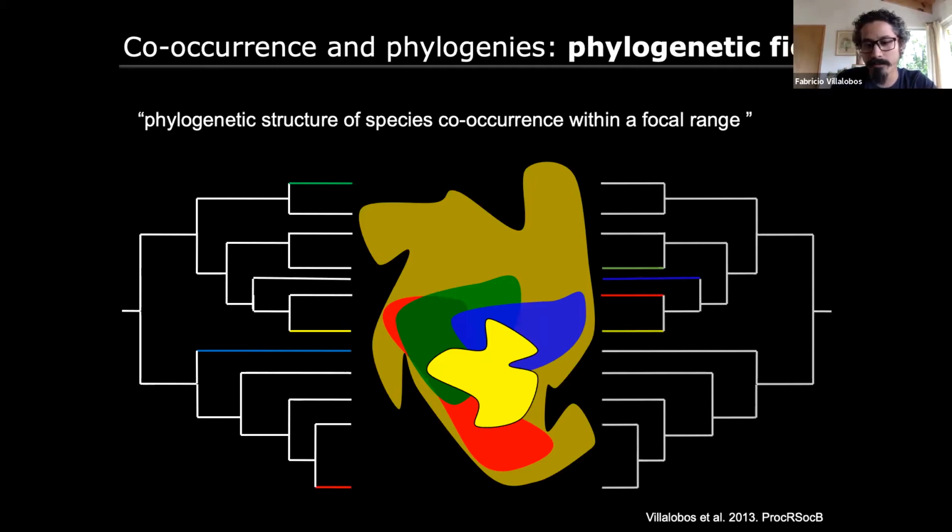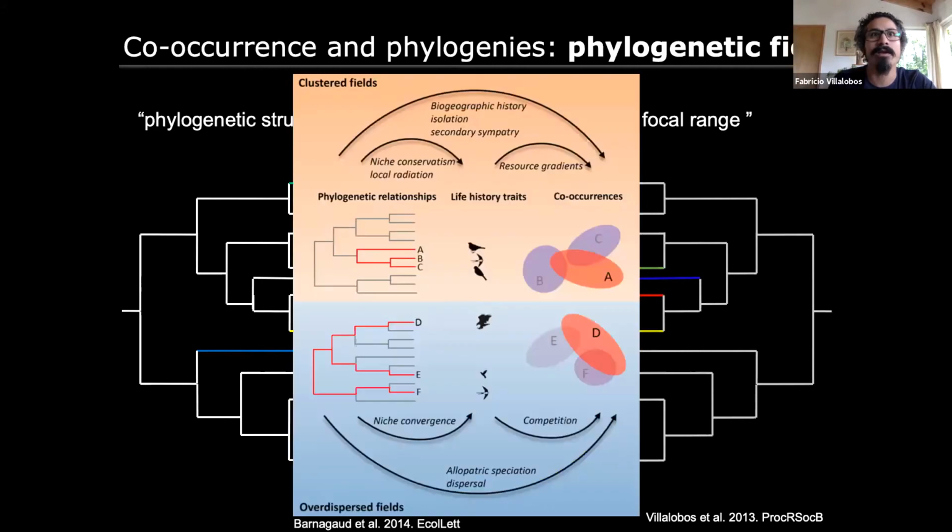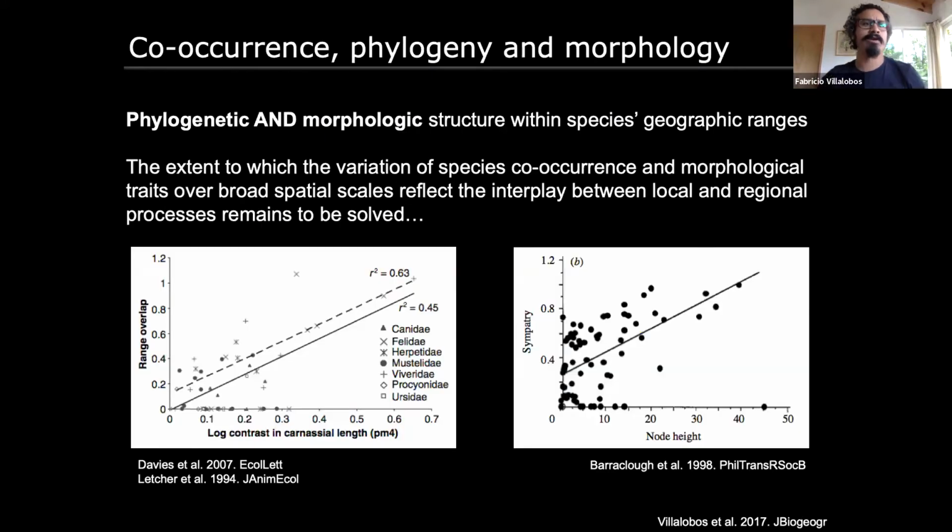So we can use that to study the co-occurrence of species and associate that with life history traits, and try to infer some particular processes. And that's what we have been doing, for example, when we try to couple phylogenetic information and morphological information that can tell us something about ecological and evolutionary processes, as people have done before, using the degree of species co-occurrence with the degree of similarity, morphological similarity or phylogenetic similarity, to study geographic diversification.